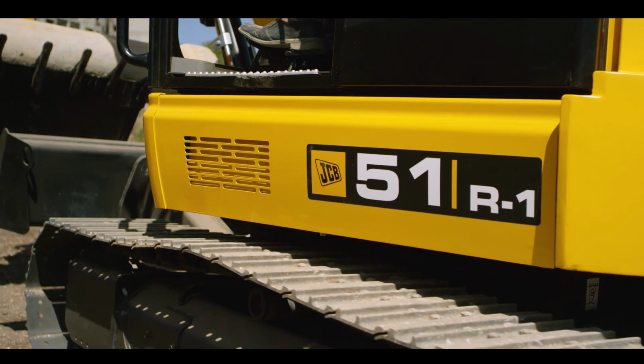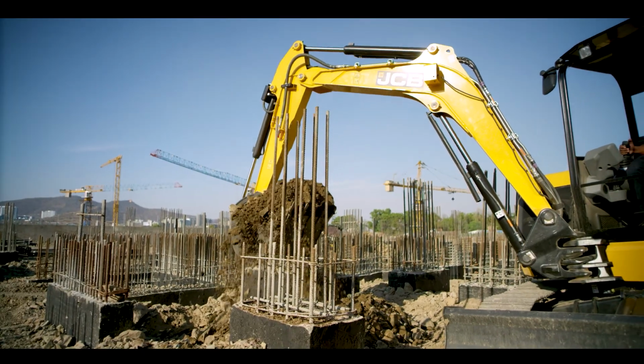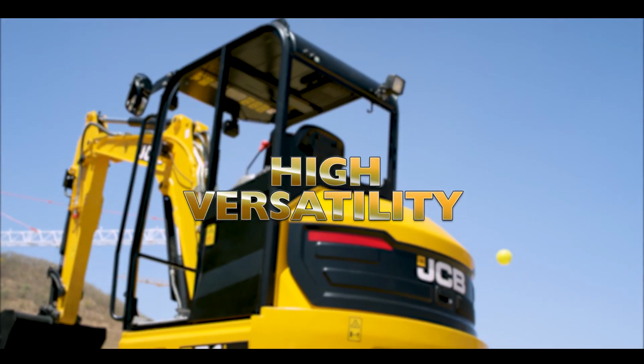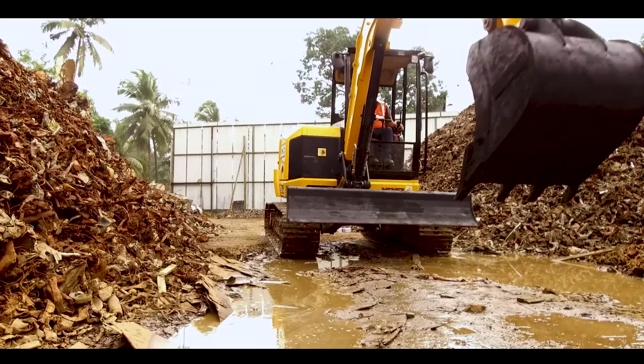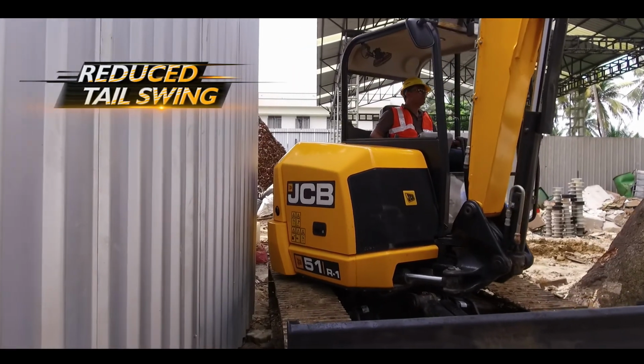The 51R is one of the latest, strongest and highest performing mini excavators we've built. High versatility for working in confined job sites. Being a mini excavator, but mighty in terms of features like reduced tail swing, boom swing,